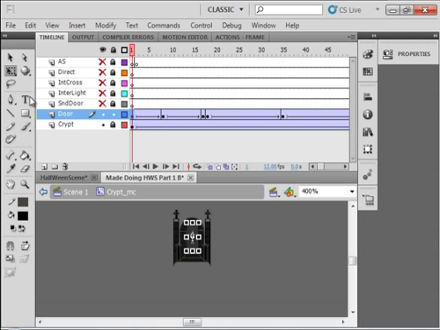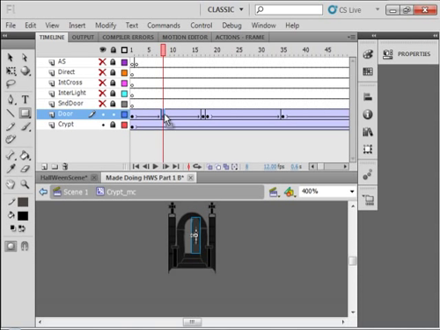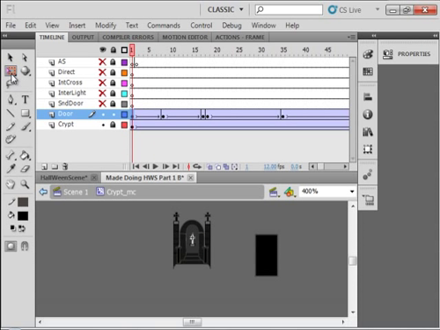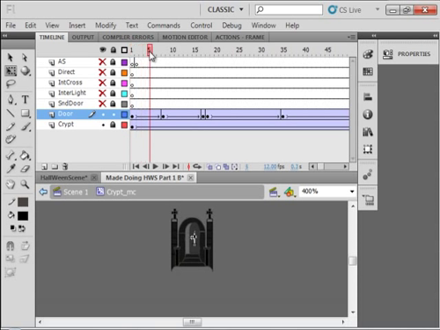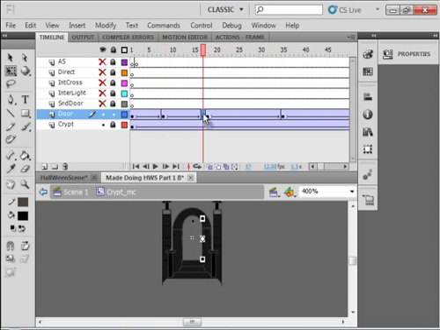Go here, pick up your rectangle tool, and make a rectangle. Then I went to this frame and I inserted a keyframe. I picked up my free transform tool, highlighted, I moved this dot over here. Now naturally I'm talking about this door that I was making, and then I did that. So that gives it when you do the tween, it looks like it's opening. Okay, so if I look at that, it opens there as it gets bigger, so it has to be made to fit. Then I got another keyframe right here,